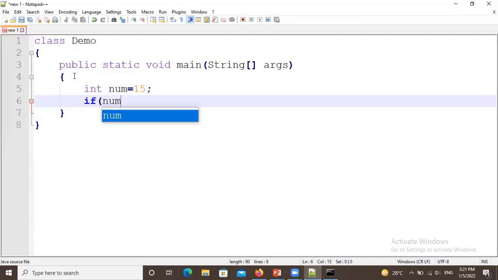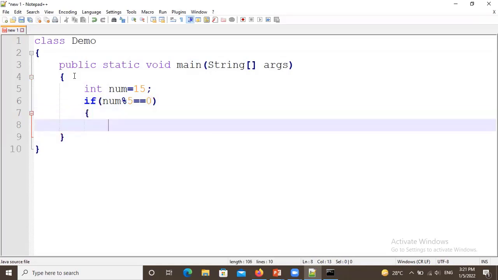If it is 0, then it is divisible by 5, or if it is not, it is not divisible by 5. For the remainder, we have the modulus operator: number modulus 5 equals 0.